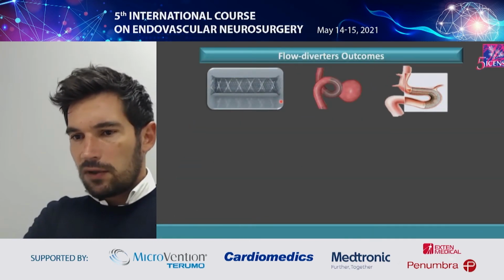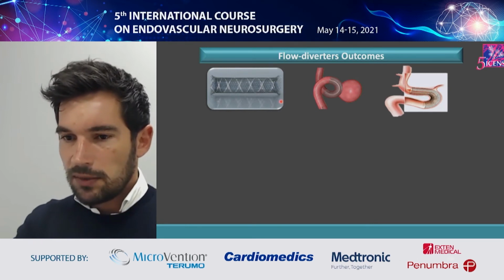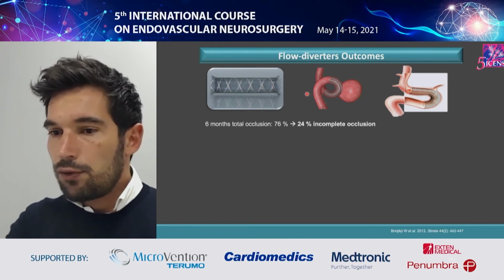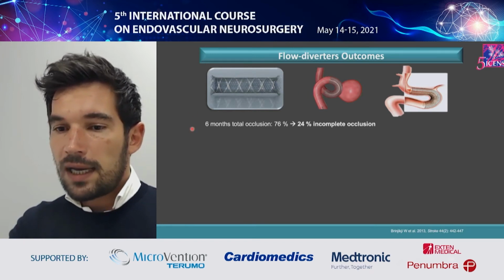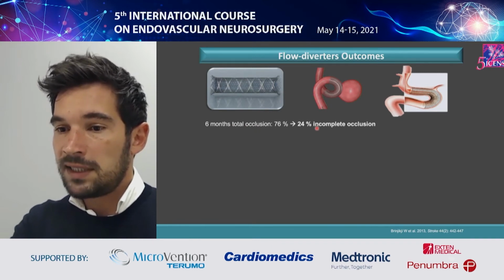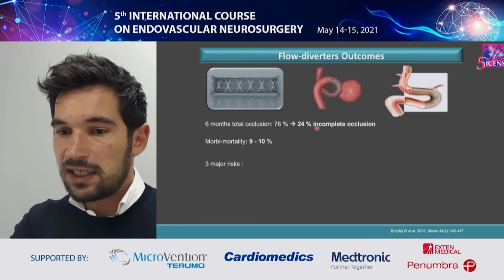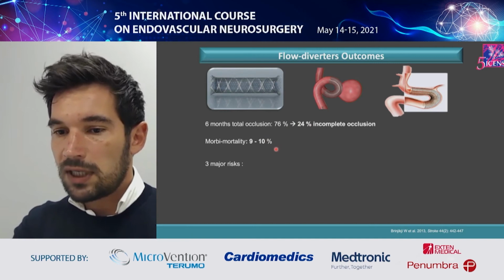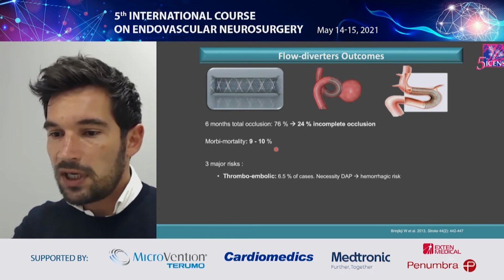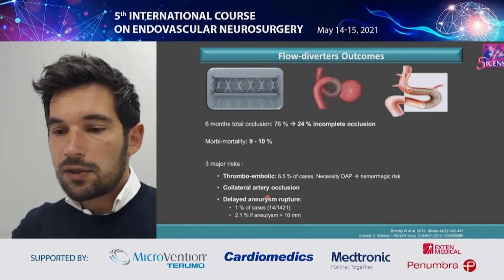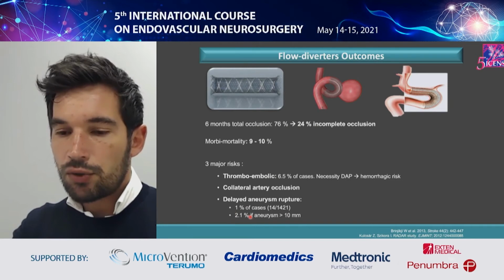One other limitation of our treatments is regarding flow diverter outcomes. We all know the healing process after flow diverters, which are really great tools for our treatments, but at 6 months after implantation, we still have 24% incomplete occlusions, which means there is room for improvement of these devices. Also, morbidity and mortality are not so low, with 9 to 10% morbidity and mortality, with 3 major risks, which are thromboembolic risk, collateral arterial occlusion, and delayed aneurysm rupture. This is not a rare issue if we consider aneurysms greater than 10 millimeters,